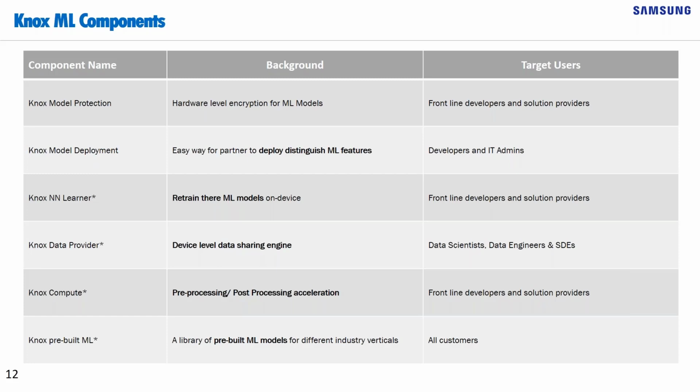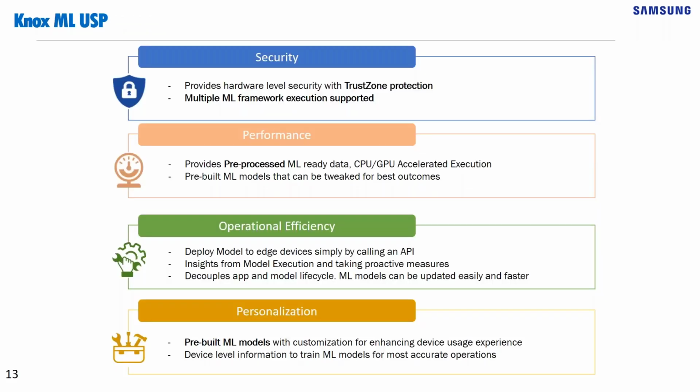So Shivam, one more, next slide. So overall, Knox ML USP is centered around security. We will be giving multiple hardware-level security with TrustZone protection. As I told before, we have large variety of ML framework execution support, so we don't have to restrict our development of ML models to any particular ML framework. It is up to the convenience of the developer. They can choose the framework and start making the model, and those models will be supported directly in